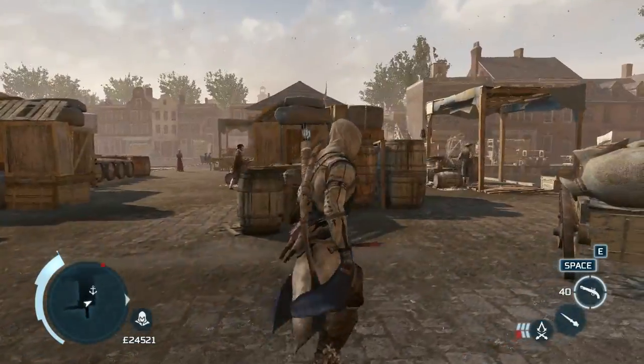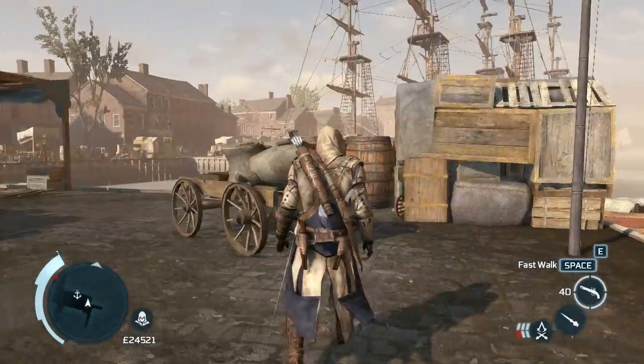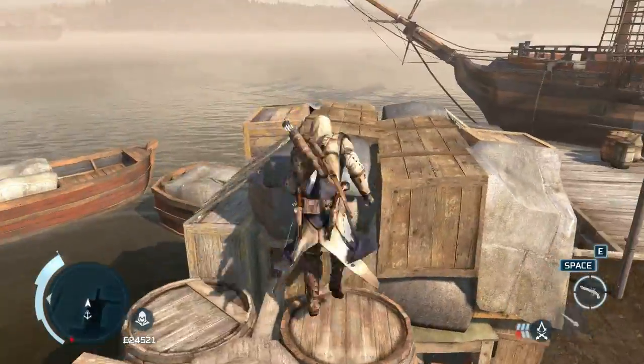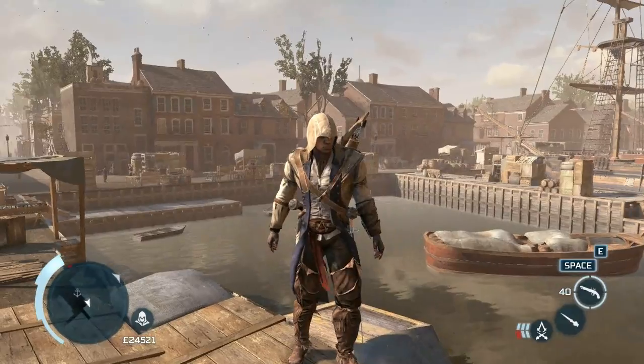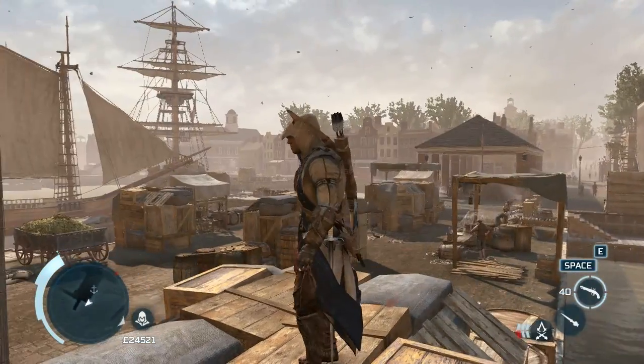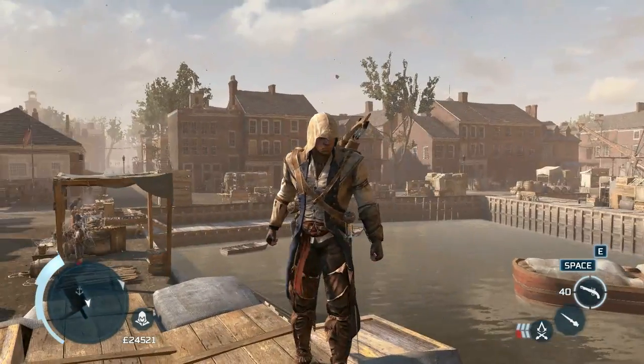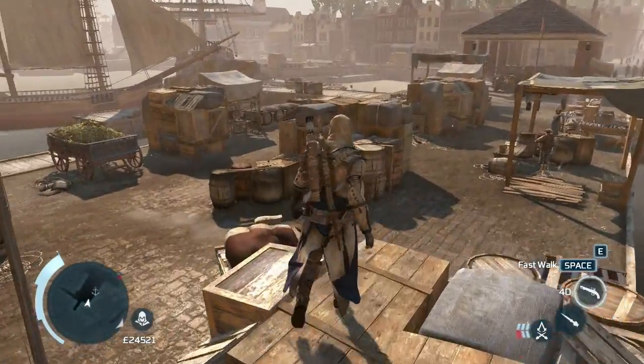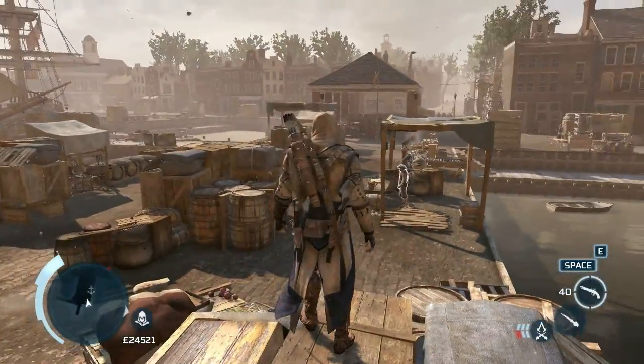We are in Assassin's Creed 3 and we are gonna look at the architecture of New York. So this is New York. It doesn't really look anything like New York today, unfortunately. So we're not gonna see anything we can recognize. Although I am slightly more familiar with the shape of the city than I was with Boston.